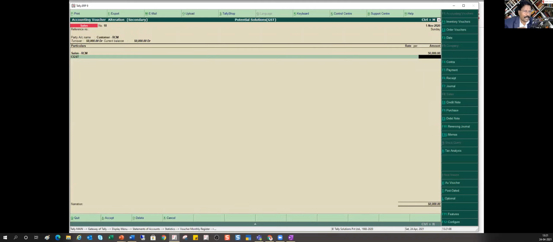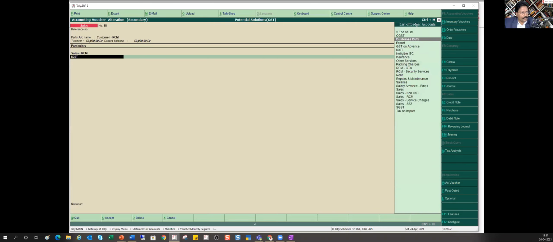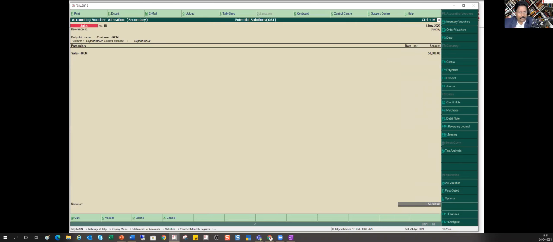Since I marked this particular sale as my RCM sale, Tally will not calculate your tax, CGST or IGST or SGST. So these are the controls and the intelligence that Tally brings in. End of list. So this is, I made a sale which is under RCM.